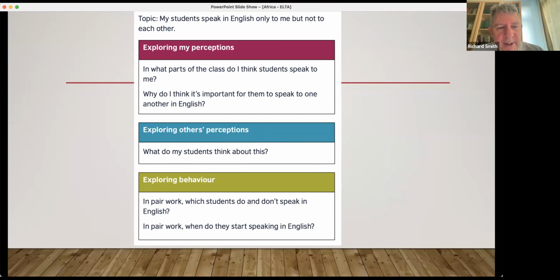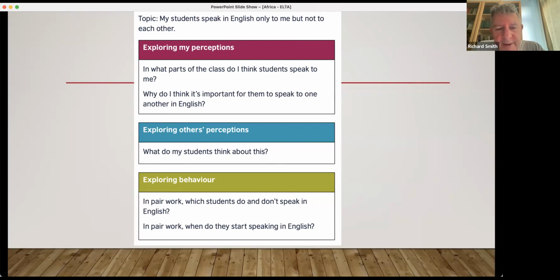Right. So this teacher, the topic is my students speak in English only to me, but not to each other. So the teacher asks a question in English, the students answer in English, but when they have pair work, working in pairs, the teacher wants them to speak to each other in English, but they don't. They speak in their L1, their mother tongue. And so we've helped this teacher to come up with some research questions to explore the problem. And these questions are,